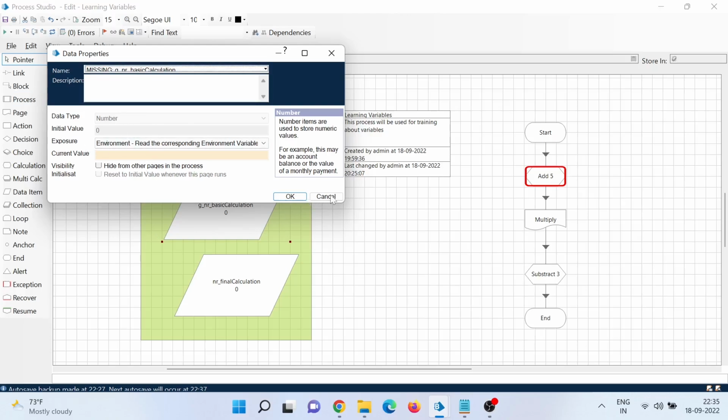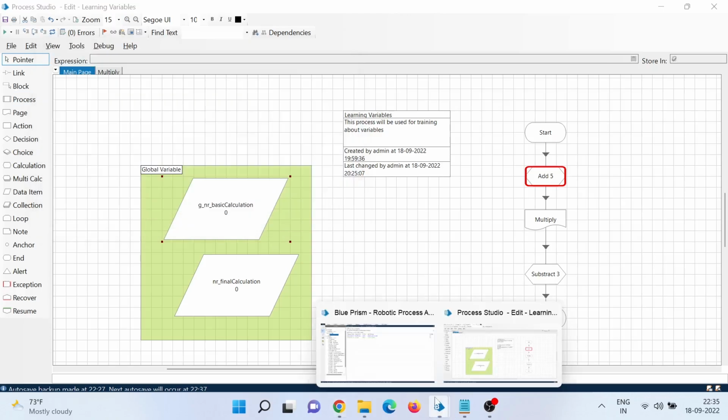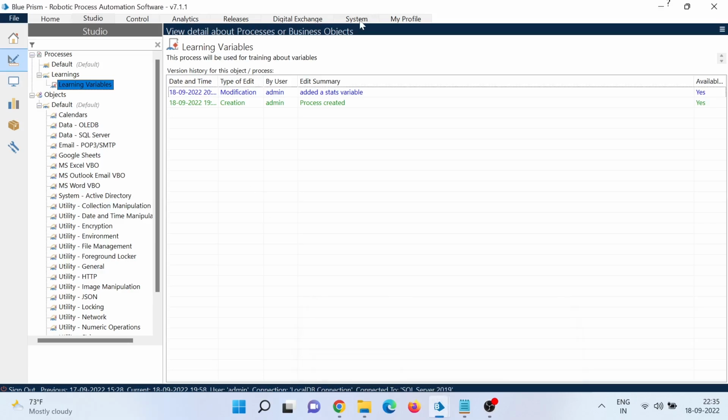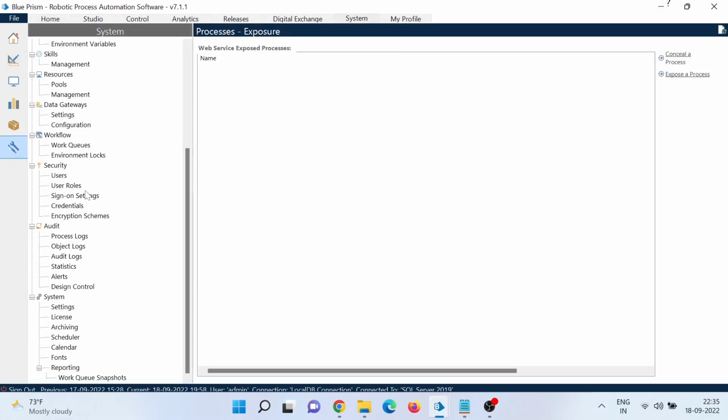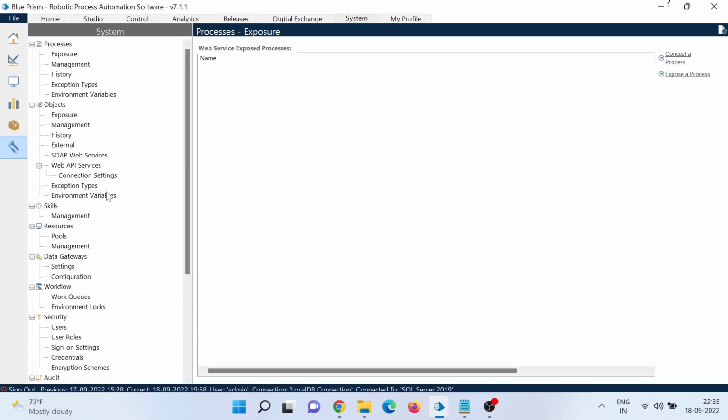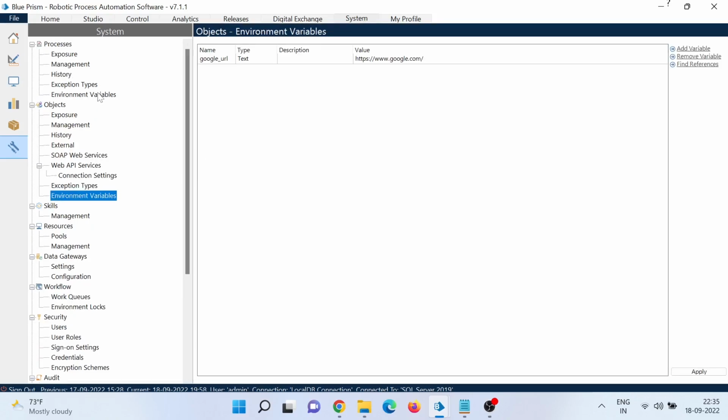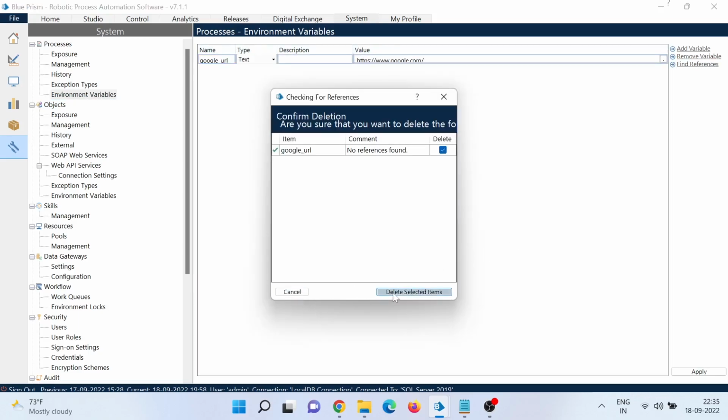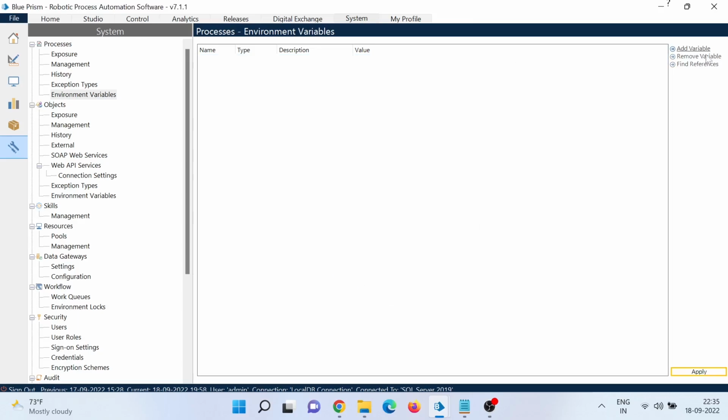Where I can create an environment variable is if you go to system and then you go to environment variables. I think these two are actually the same, either under process or under object. Let me remove it. Let me create a new one, delete selected item. Let's say I am adding the Google